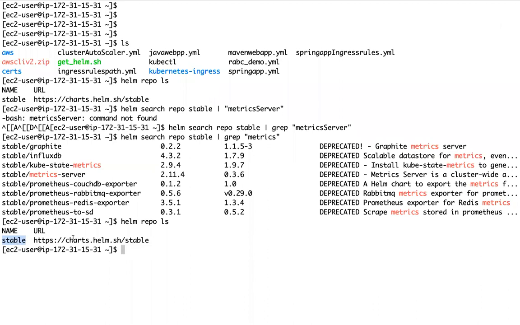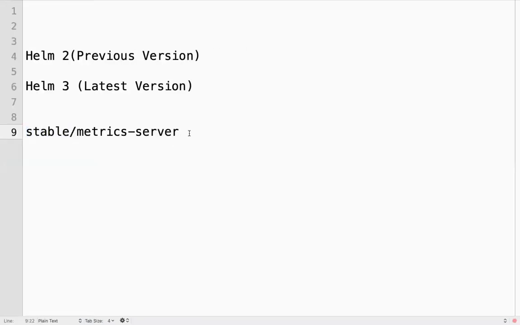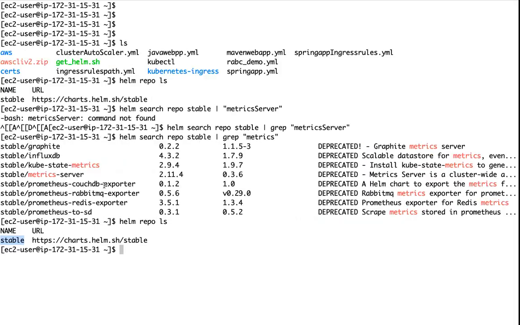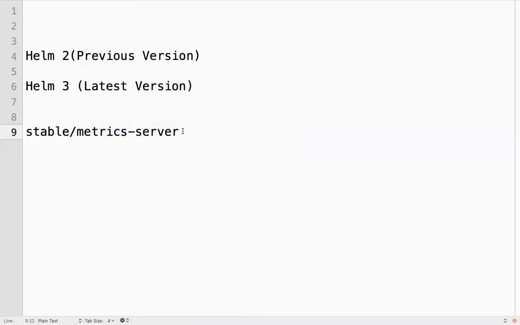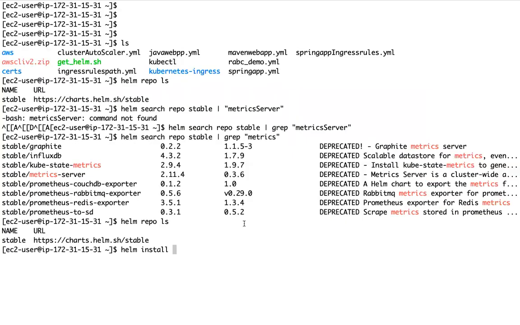So there is a Helm chart. I can deploy applications directly from the Helm repository. How can I install this? I can install something like this: helm install, the chart name, and your application name, something like metrics-server.